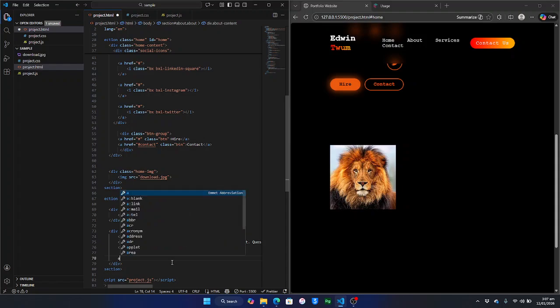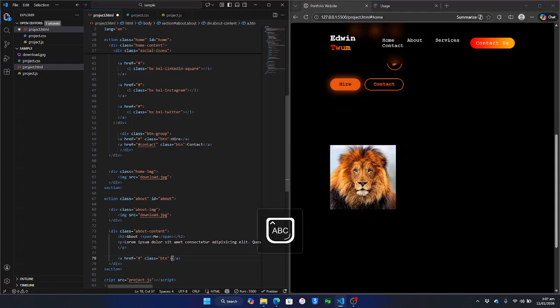So a link, create a class with it, and then we set this to this, and then what we write in the link is